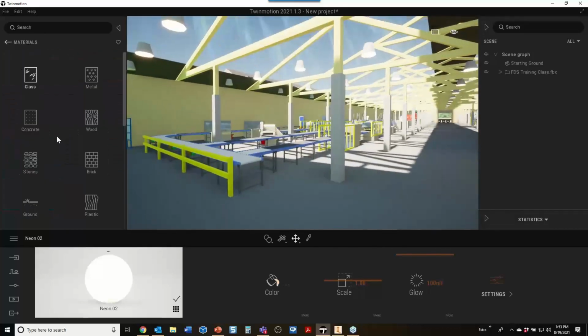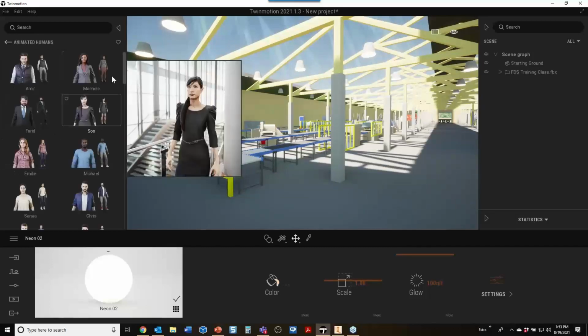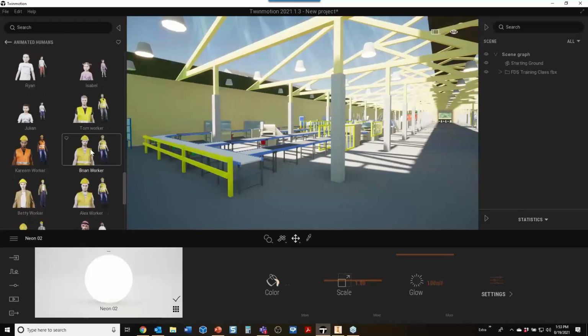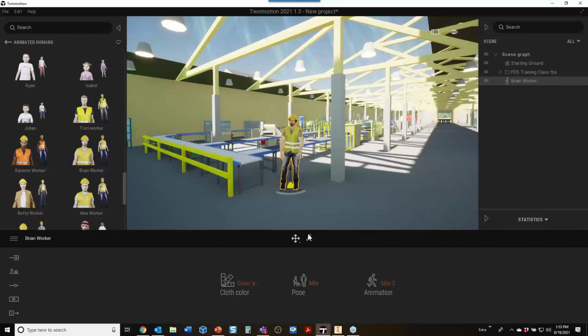The little characters you saw earlier, I don't know if you've ever seen iMike. If you know who iMike is, he's the traditional mannequin that we use in the factory utilities. We have the factory Stig. I use him a lot. But now you can do things like add animated characters, and this is so nice. I can scroll down. There's a lot of them available. I can grab a worker with a hard hat, just stand him there. And then, of course, I could select him and,